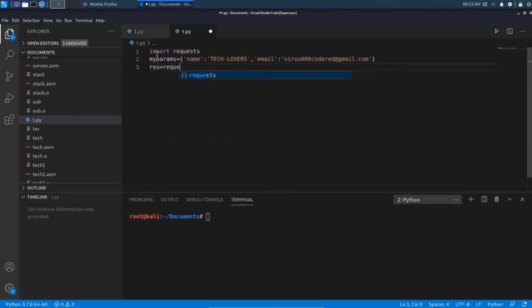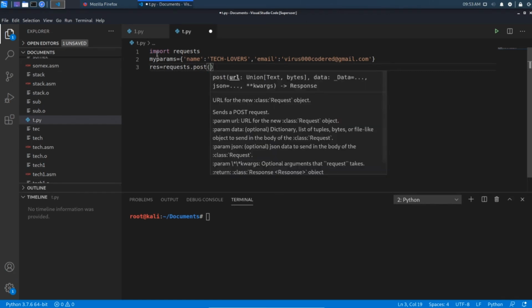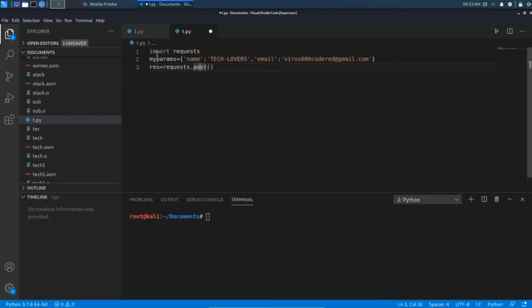Request dot post. Since we are using post, you need to mention the post method here. If you are using get, you need to mention get here. If you want to use the patch method, then you need to use patch here. So this is the keyword for what type of method we are using to get the response. Make sure of the word you are mentioning while you are dealing with the request.